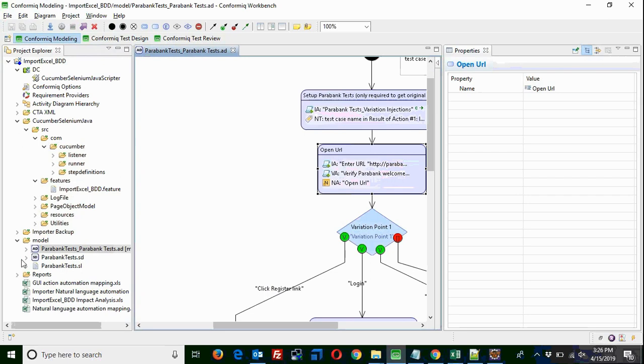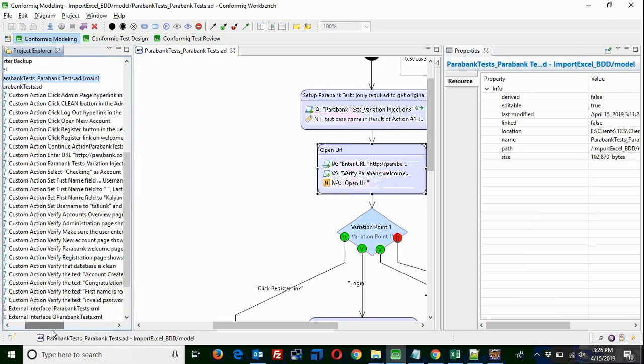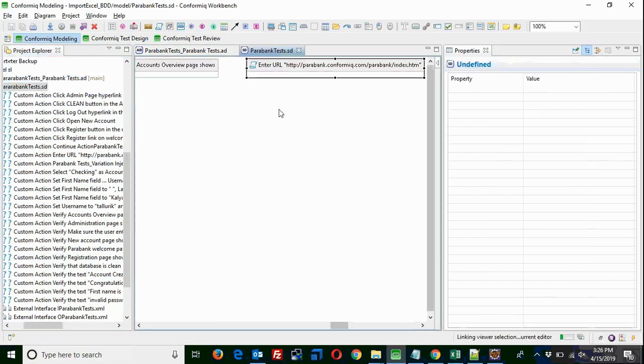So if you want to see the custom actions, the structure diagram contains these methods, or these are the custom actions. If you look at this, this is the custom action. So these are all little building blocks initially created for every statement, and in the activity diagram they are arranged in a flow chart. You understood until this point? Yeah. Now I'll go to another statement and then you can understand further.